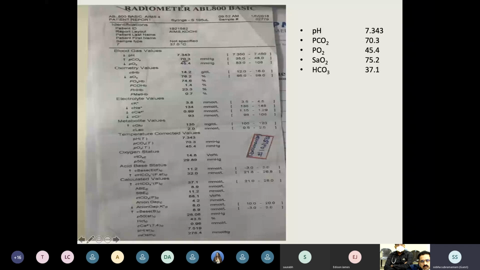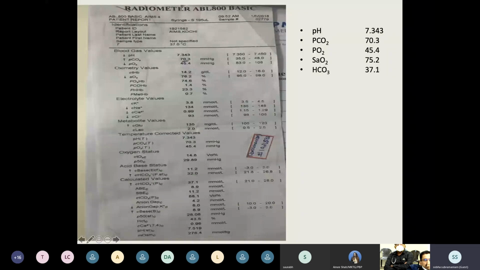Oh, the PaO2 is 45, SaO2 is 75, and the patient's saturation was in fact 86. So this is chronic respiratory acidosis and a mixed. So this can be a mixed sample. It need not be a pure ABG. It can be a mixed sample because the PaO2 is so low, nearing 40, as well as the saturation in the ABG is 75, whereas the pulse oximetry SpO2 saturation is 86. So that wide variation is there. So this could be a mixed sample, or even you can take it like a VBG.